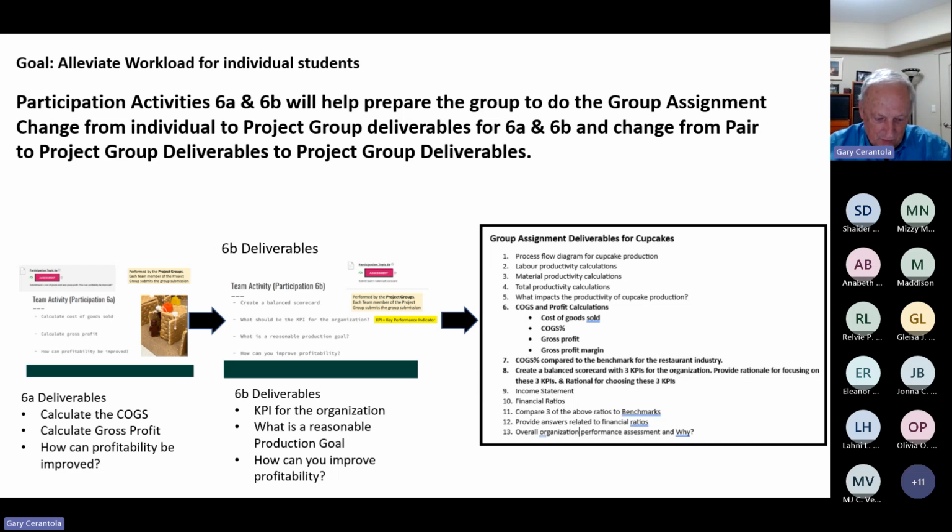So what I've done is that you'll find that completing the participation activities 6A and 6B will prepare you to do this Cupcake assignment, which was originally a pair assignment or a single assignment, and now it's a team assignment. What I have to tell you though is that because some people have already uploaded to those posts, I can't change the